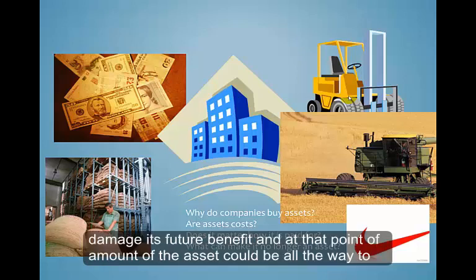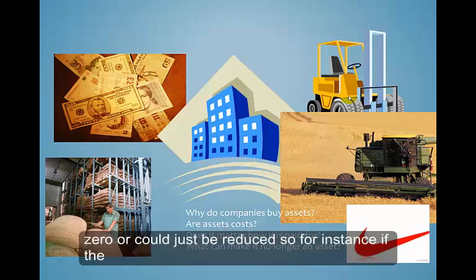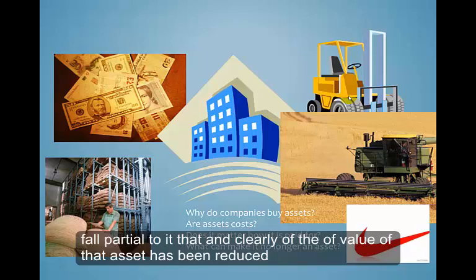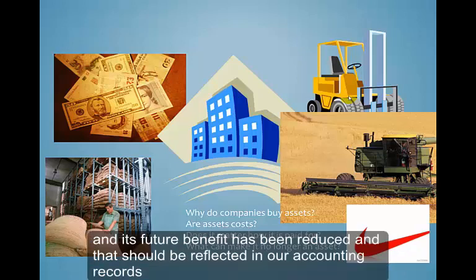And at that point, the amount of the asset could be all the way to zero, or it could just be reduced. So for instance, if there was an accident with this combine and caused it to break down or fall apart or something like that,